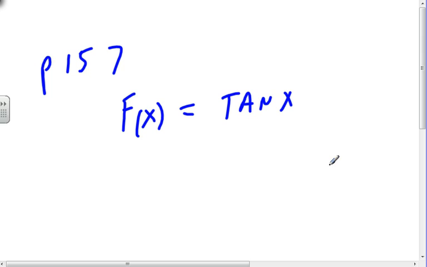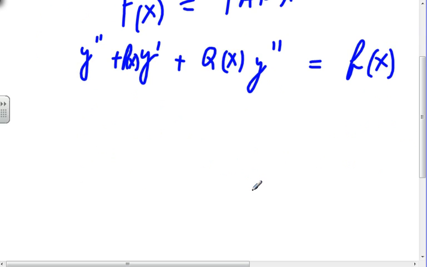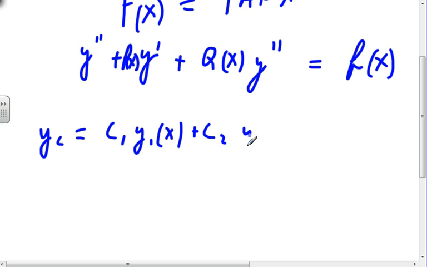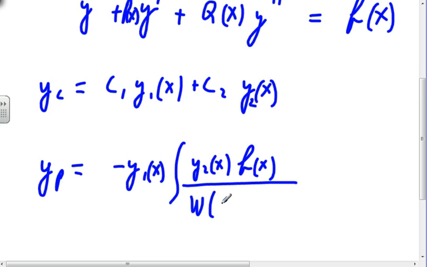But on page 168, it says that if you have something in the form y double prime plus p of x y prime plus q of x y is equal to some forcing function, and you can find the homogeneous solution y sub c equals c1 y1 of x plus c2 y2 of x, so you have that answer and you know what y1 and y2 are, then your y sub p can be calculated directly as minus y1 of x times the integral of y2 of x times the forcing function, divided by the Wronskian of y1, y2,